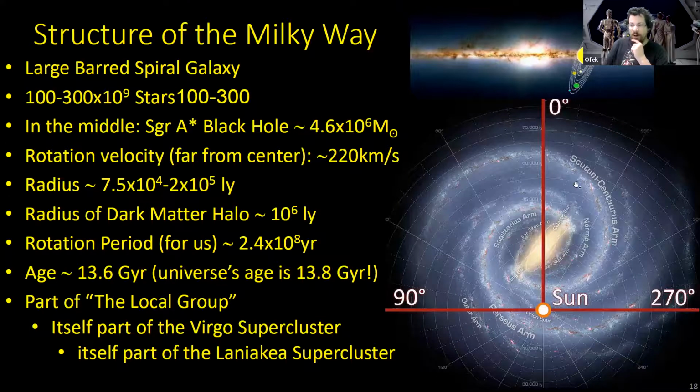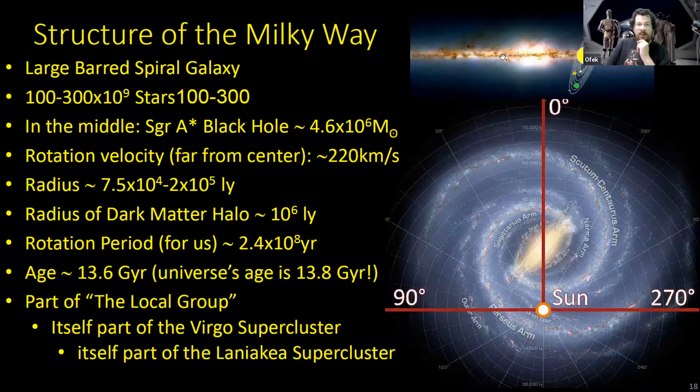So we have here spiral arms. In the Milky Way, various spiral arms have names. So there's the Sagittarius arm, the Scutum-Centaurus arm, the Perseus arm. They are, of course, named after the constellations in whose direction they appear. To us, the center of the Milky Way appears to be in the sky direction of Sagittarius. The center of the Milky Way, as we said, hosts a black hole. That black hole is called Sagittarius A star. It's the largest in our galaxy.